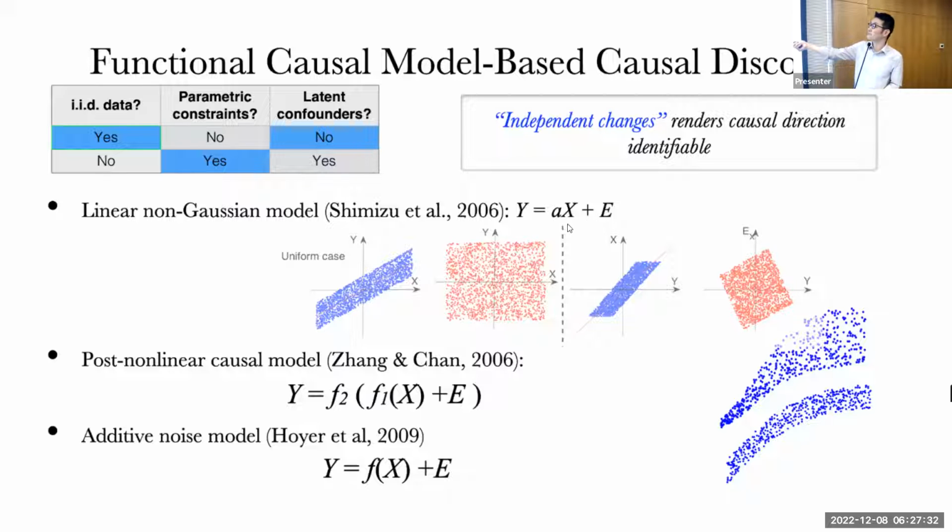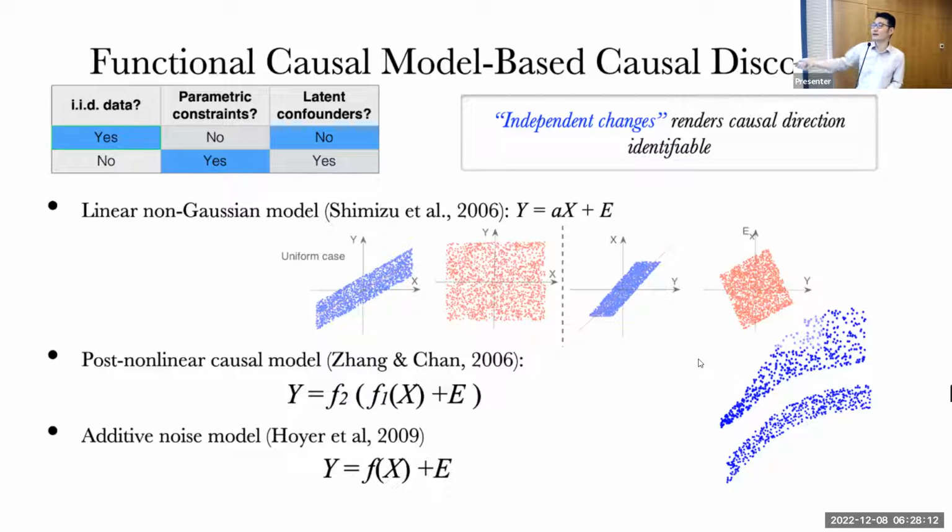They are independent. But if you do the same thing in the wrong, reverse direction, when you try to regress X on Y, this is regressing cause on effect. You have a residual, and you have a Y variable here. Now you can see, first of all, they are uncorrelated, because by construction of linear regression, the residual will be uncorrelated with the predictor. But clearly they are dependent, because the distribution of the residual given the first variable will be different across different values of the second variable. So they are not independent. You can see that in the wrong direction, you are going to have dependence between the residual and the predictor.